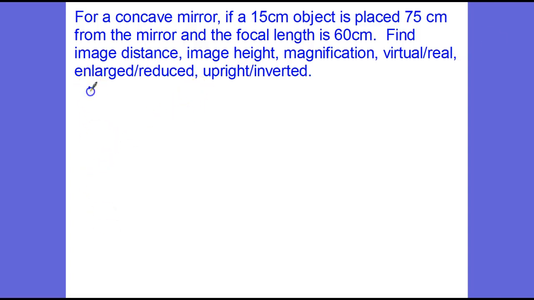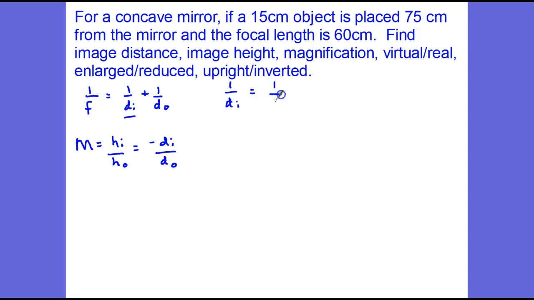So the thin lens equation that we need to use is 1 over f equals 1 over di plus 1 over do. 1 over the focal length is 1 over the image distance plus 1 over the object distance. Magnification is equal to the image height over the object height, which is also equal to negative image distance over object distance. Okay, so if we want to find the image distance, 1 over the image distance equals 1 over the focal length minus 1 over the object distance. So the focal length is 60, and the object distance is 75. So when you do that on your calculator,